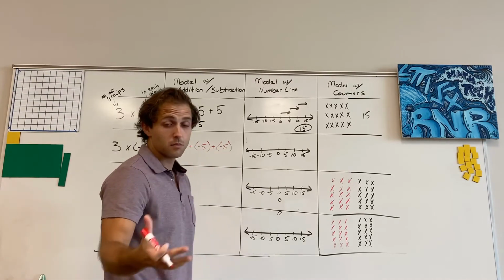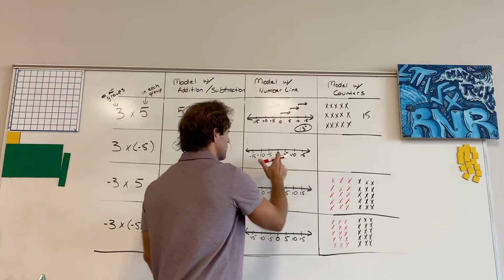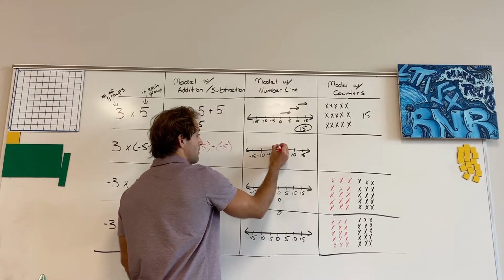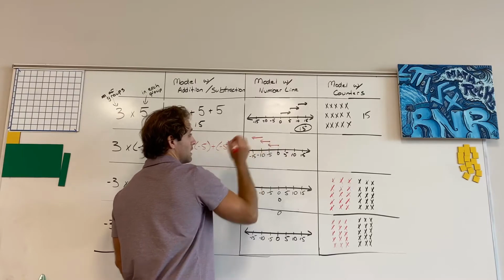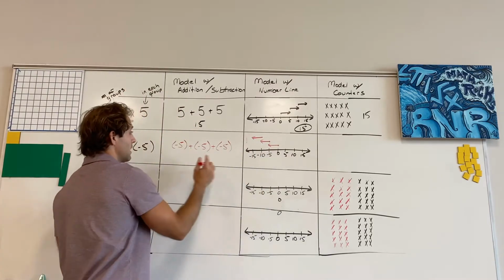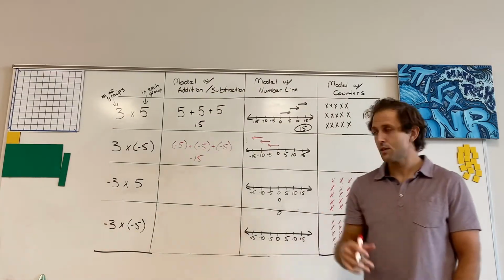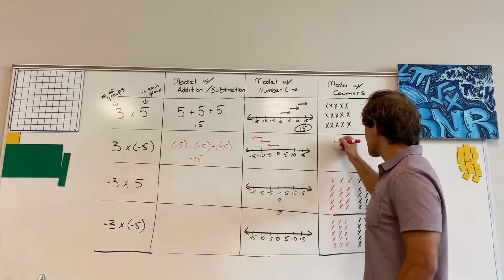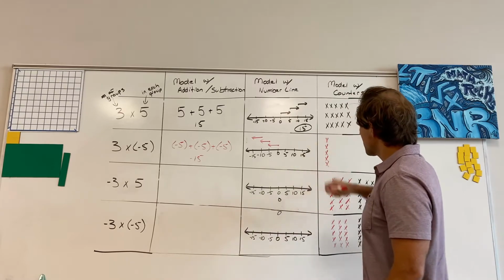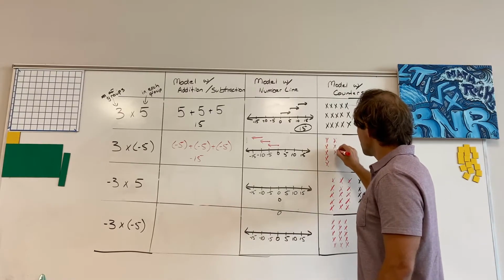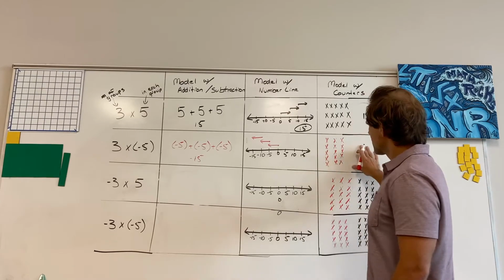So now I have 3 groups of negative 5, which, if you think about that, it's probably easiest to look at here on this number line. I'm going to make a move of 5 to the left, 5 to the left, and 5 to the left again, and we would be at negative 15. We can model this with counters. We're just going to use x's here, but we've got 3 groups of negative 5. There's a group of negative 5. Here's a group of 5 negatives, and here's a group of 5 negatives. Altogether,